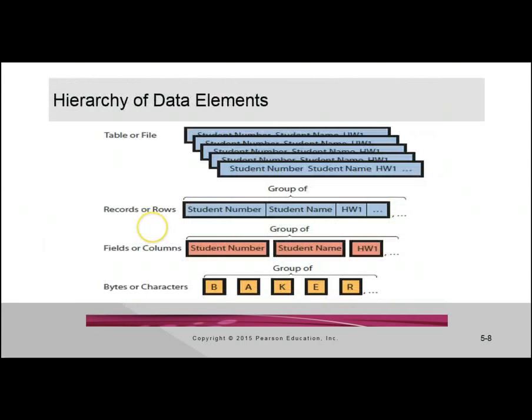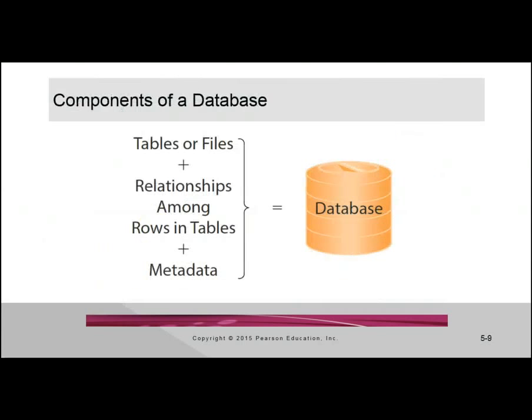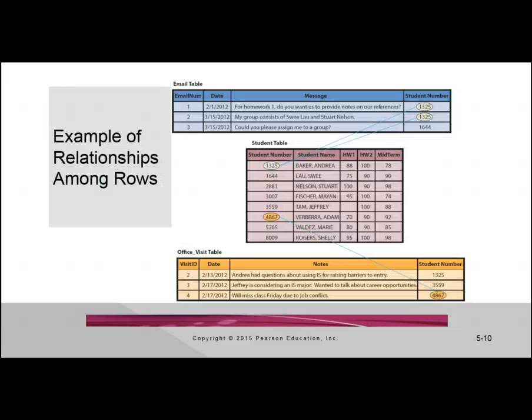So we've learned that relational databases consist of tables and files, and in those tables and files we have records or rows. Those rows are made of columns or fields. Inside those fields we have characters, and characters are made of bytes, and bytes are made of bits. So that's the hierarchy. And we said, by tying these together in such a way, we can build these very